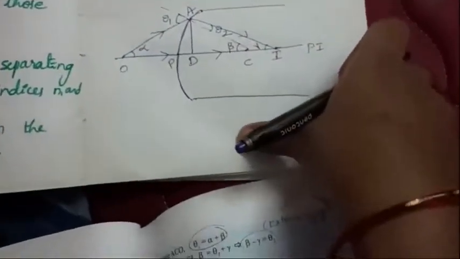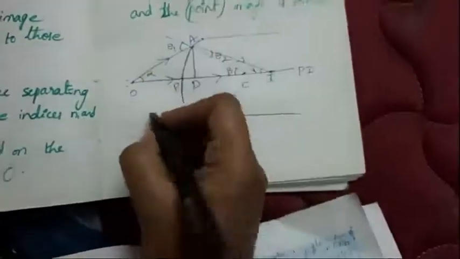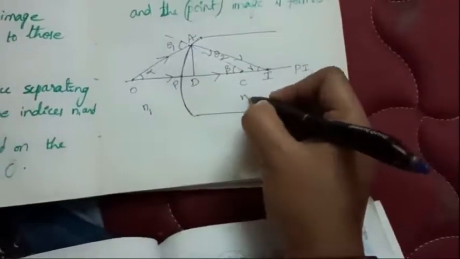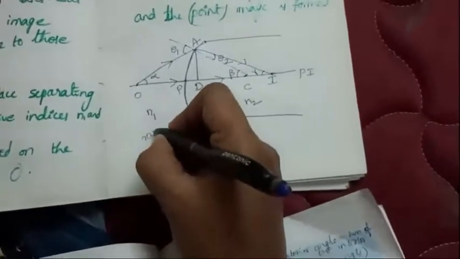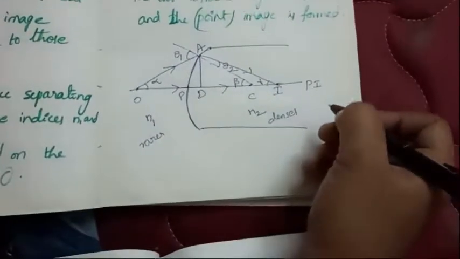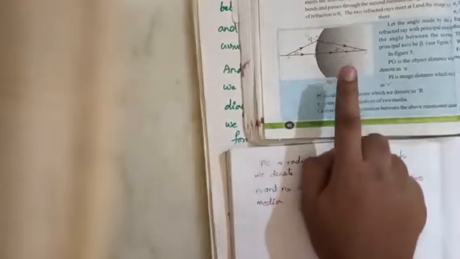So this is the diagram we are considering, children, and the refractive index of medium 1 is n1 and the refractive index of medium 2 is n2. This is the rarer medium and this is the denser medium I am considering. So I think you got these points. Let us see our derivation, children. We have drawn the diagram now, and again I am using this for better understanding. That diagram is also very flexible, and we have the diagram on the back page, that's why I am taking it here, children, don't get confused.